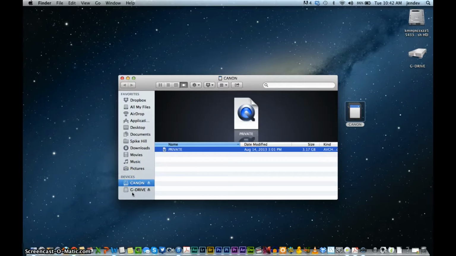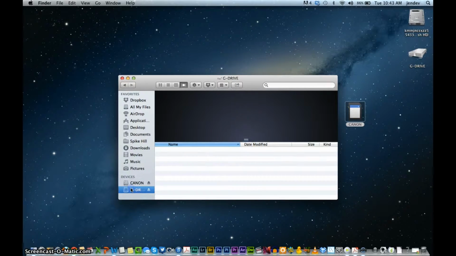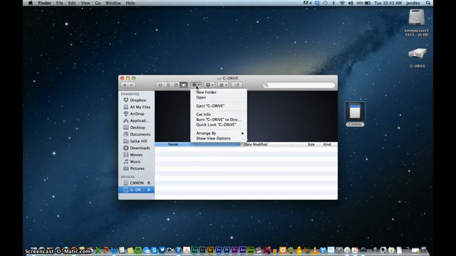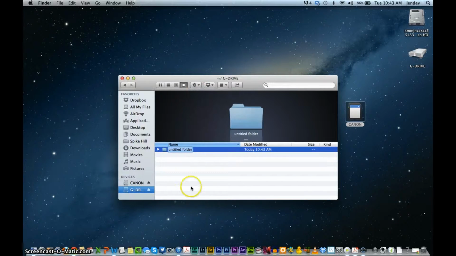So the first thing I want to do to move all my stuff over to my hard drive, I want to have a place to put it. So I'm going to create my folder structure. So the first folder I'm going to create is going to be called, so the naming convention we use here is last name _ slug. My last name is Dev, so it's going to be Dev _ Keenan Walks is the slug for this video